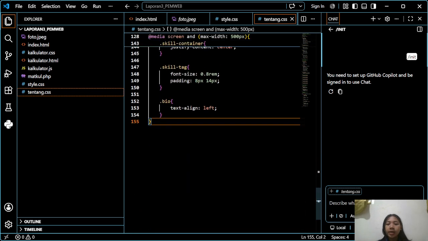Next, I will explain the calculator page. This page is created in calculator.html. The page displays the grading weight clearly.